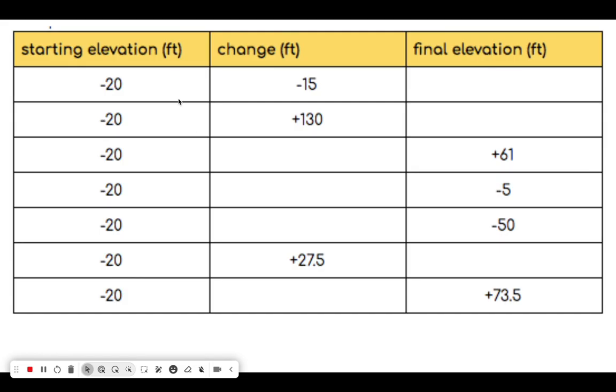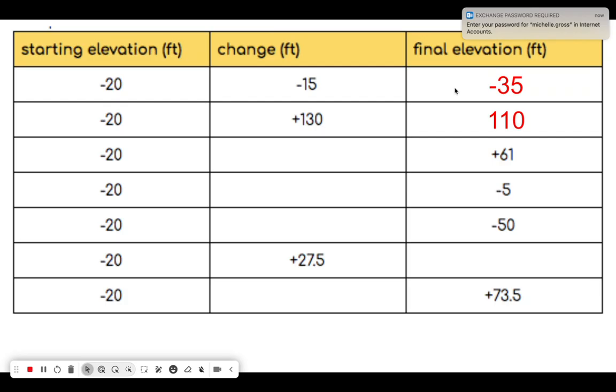All right, so if our starting elevation is -20 and we're changing -15, then our final elevation should be -35. If our starting elevation is -20 and we're adding 130, then our final elevation should be 110. If our starting elevation is -20 and our final elevation is 61, then our change is that we're adding 81